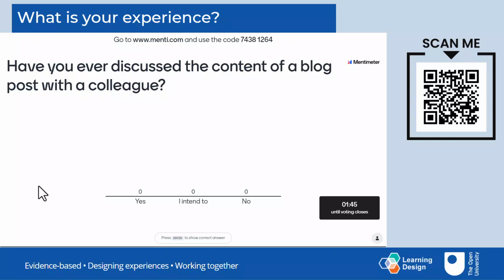So my experience with this question in particular is similar to the response that has come through on the screen. So I have discussed the content of a blog post with a colleague. In my context, it was in a mentoring capacity. So the blog post on our Open University's Learning Design blog site about reflection as a CPD tool is something that I used to help reflect with a colleague who was new to the role of learning designer at the OU,